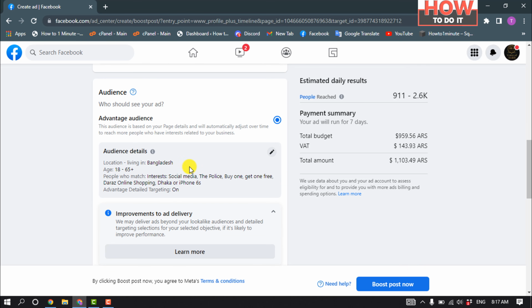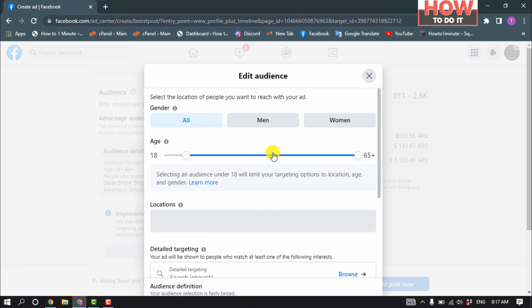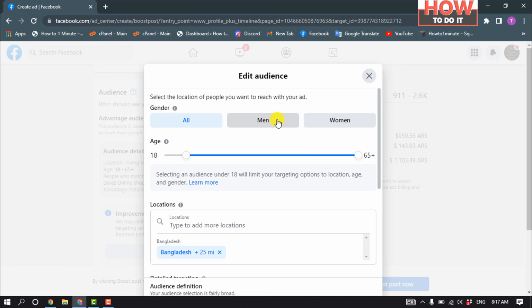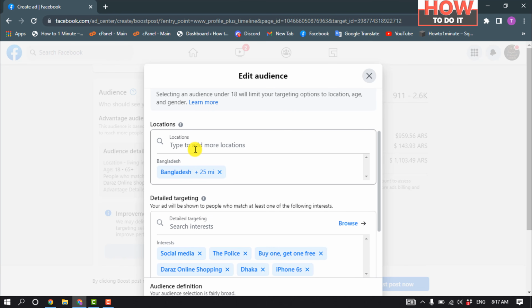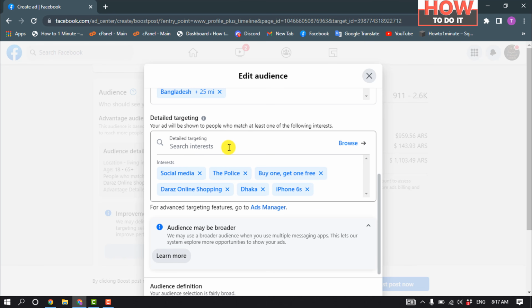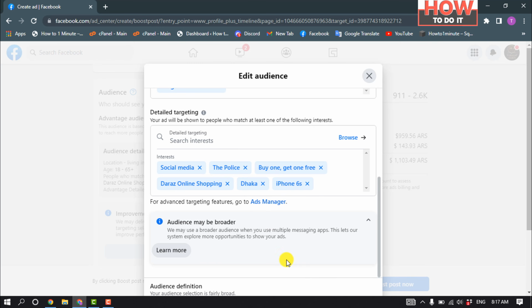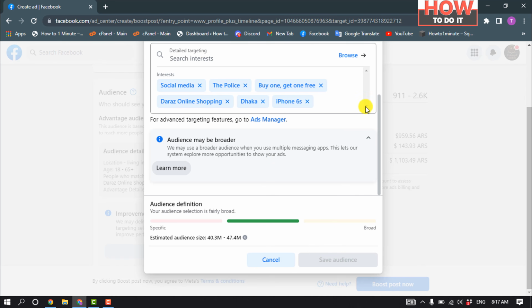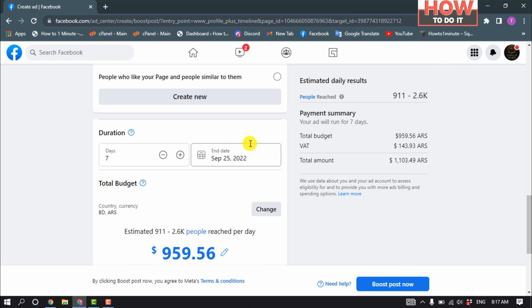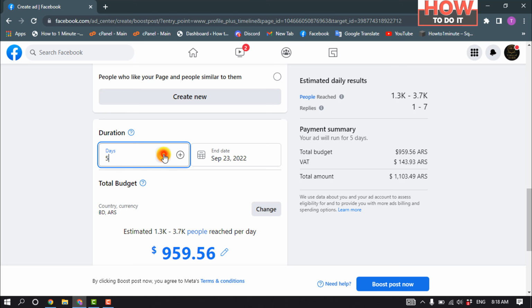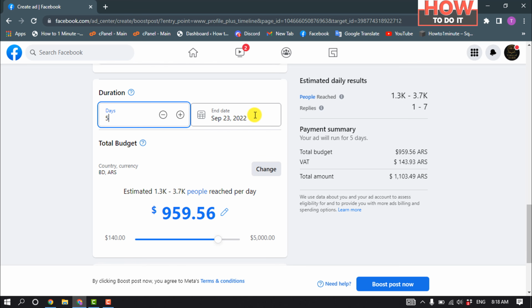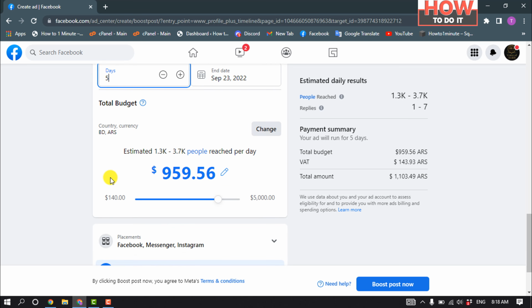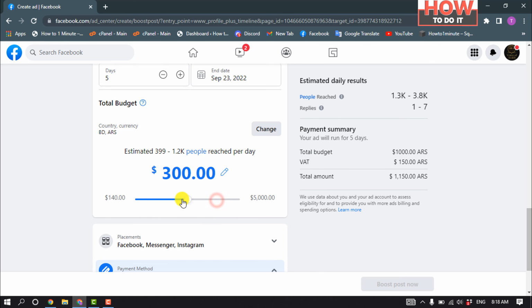And you can change your audience by clicking on this pencil icon. Now you can select audience, gender, age, location, detailed targeting, and then click on save. Scroll down and select here your boosting duration, and you can change the end date, and you can adjust your total budget here,